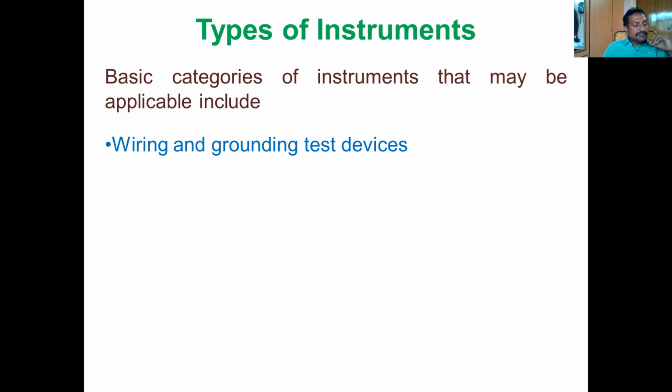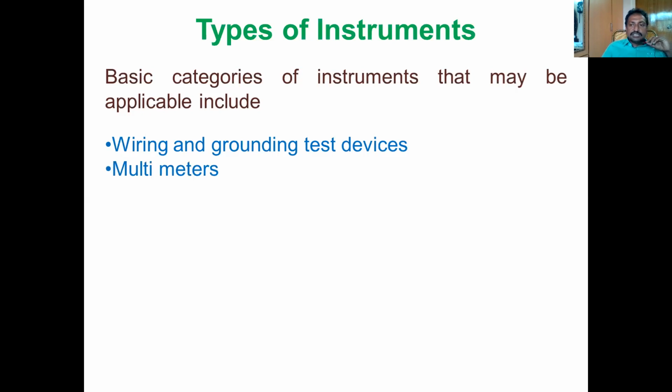These three-phase wiring tests should also test for phase rotation. In the case of single phase, these are the problems. If it is three-phase, you want to identify phase rotation and phase-to-phase voltage also. Test devices can be quite simple and provide an excellent initial test for circuit integrity. So many problems can be detected. That is about wiring and grounding test devices.